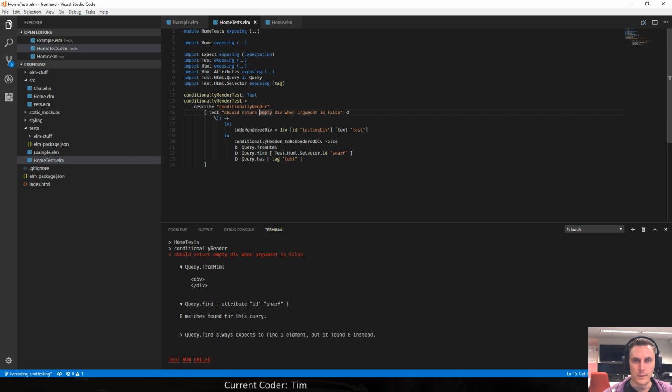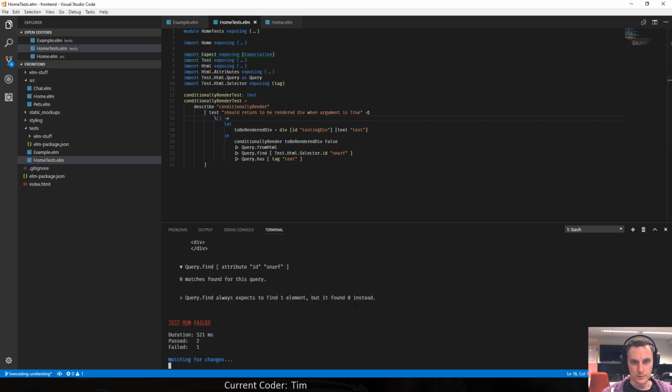Should return to be rendered div when argument is true. The only annoying thing is that I cannot write a test for the opposite somehow.